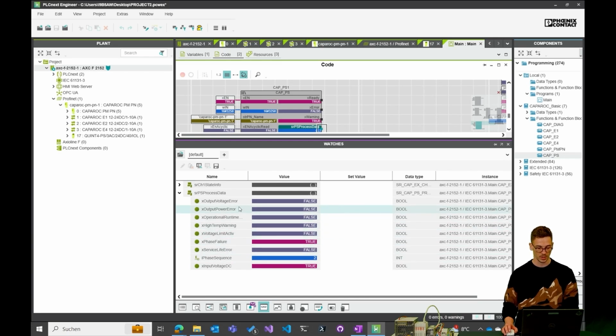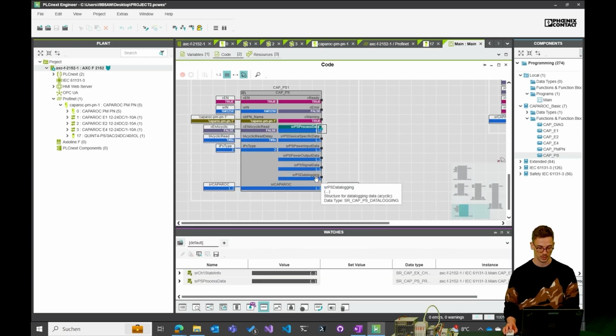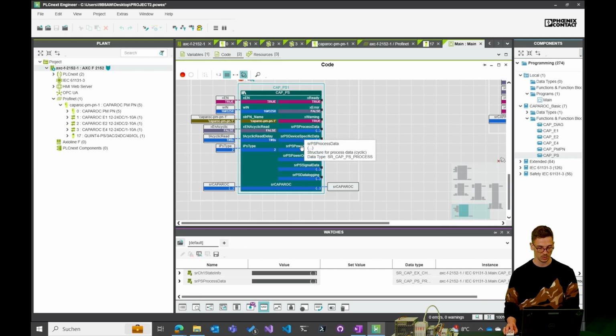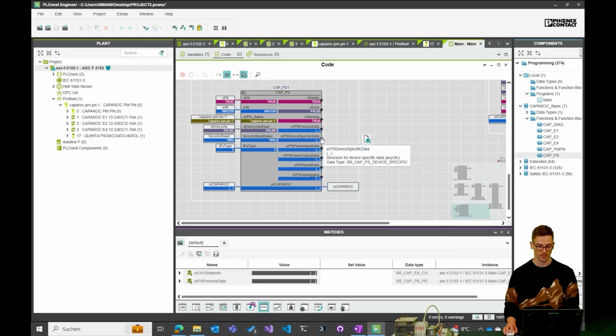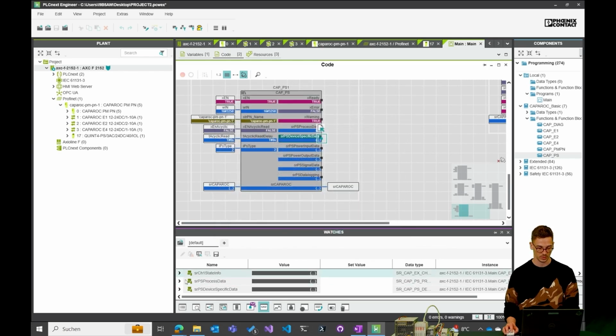So this is the system data that we are retrieving from the Quint power supply. And this is the acyclic data, for example. So this is process data, and all of the other structures are retrieved as acyclic data. It's, for example, use this, put it into the watch window.